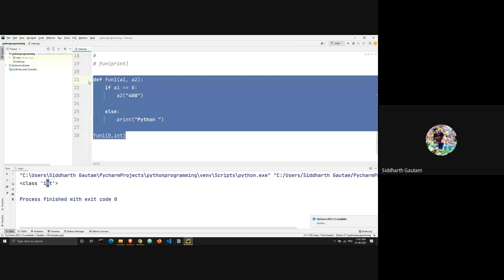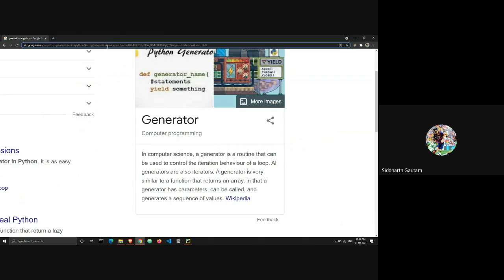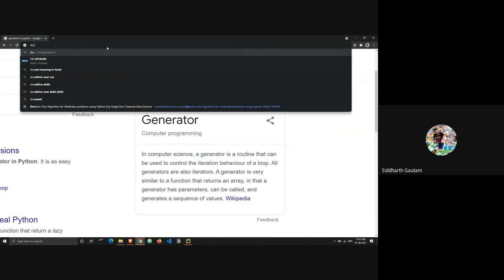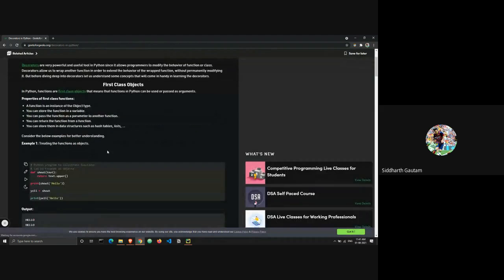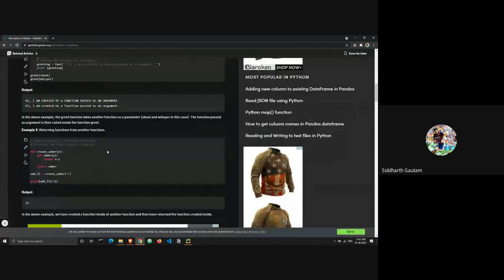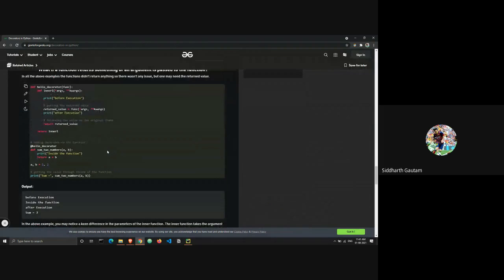Now, if you ever study generators, we should also take a look at that. Not generators, decorators. I keep mixing that up. Decorators in Python. If you ever go online and start reading about it, you will encounter this thing. Let me show you the @ function. Yep, this thing.